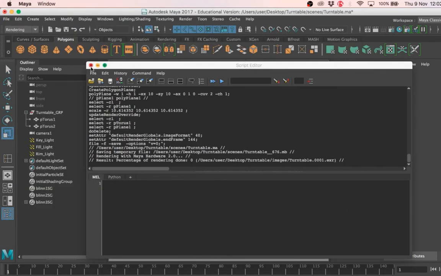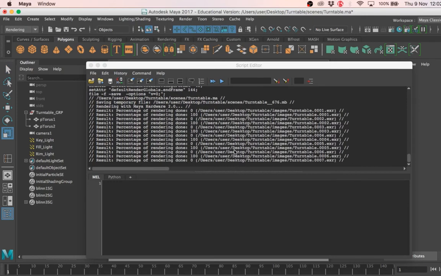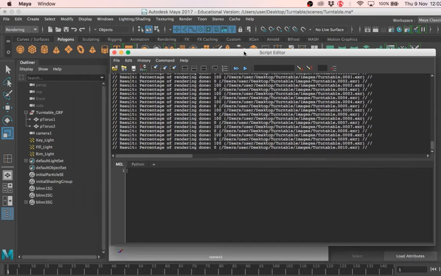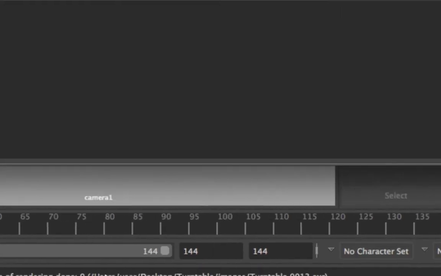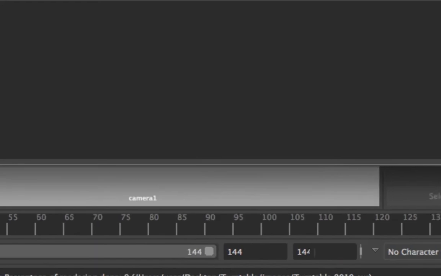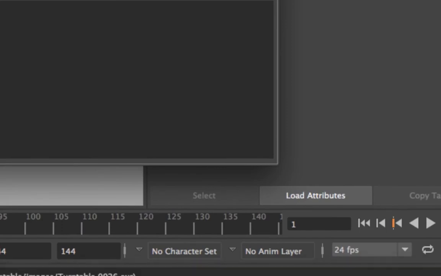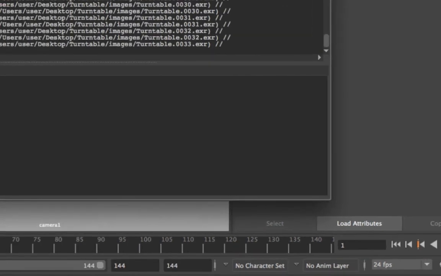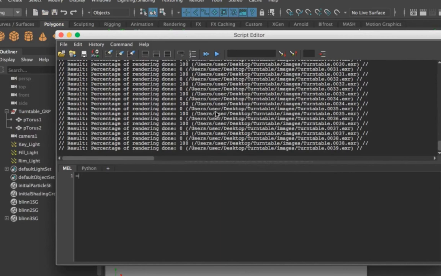Okay, once you batch render, it's gonna start to churn out images. How do you see this dialog box? You just need to go down to where the script is. Can you see there's some info here? Rendering percentage done, blah blah blah, right? So to the side, there is this little dialog box that looks like a code. If you click on that, it's basically going to open the same dialog box but bigger. So now you can see it slowly churning